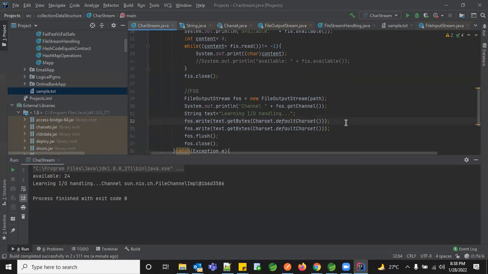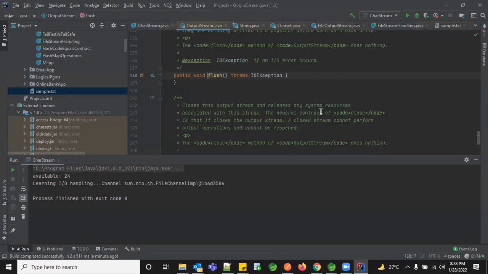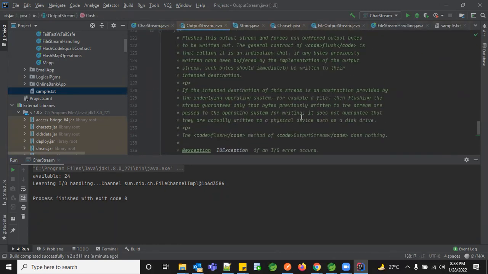But before that, what is the main purpose of this flush? If you see, in the backend, your data will not be directly written into the file immediately. You have something intermediate called a buffer. It's like a temporary memory where first your entire data will be written, and only after that will it be written into your actual file, where you have given the path. So it is kind of an intermediate system. It acts as a buffer.